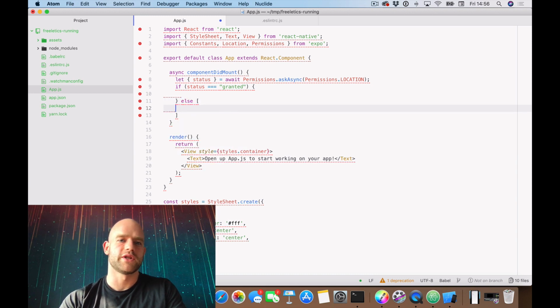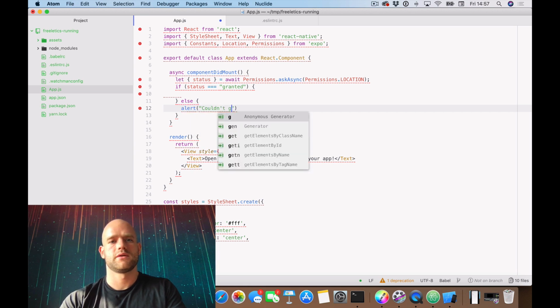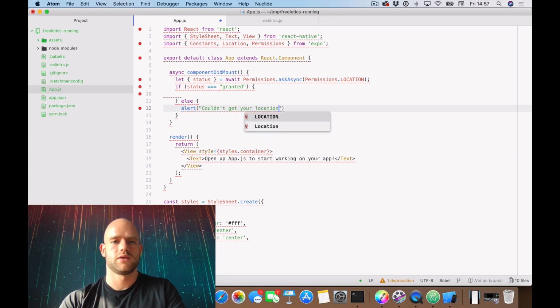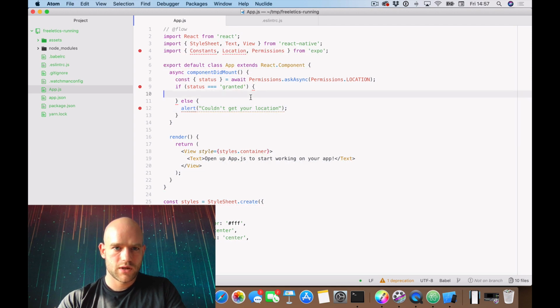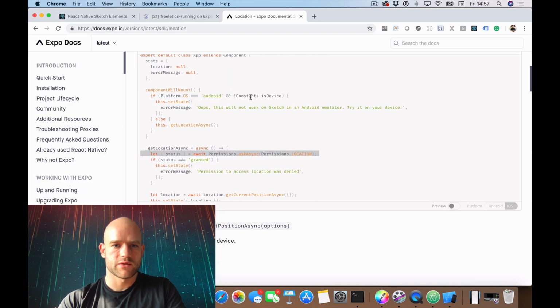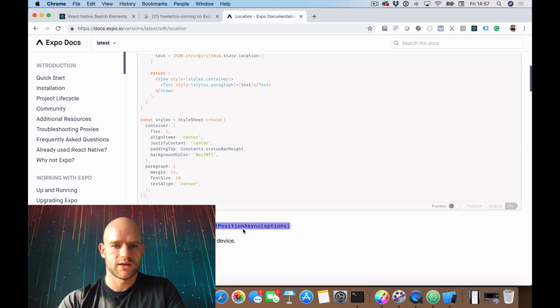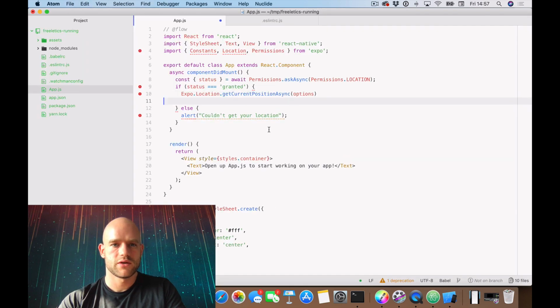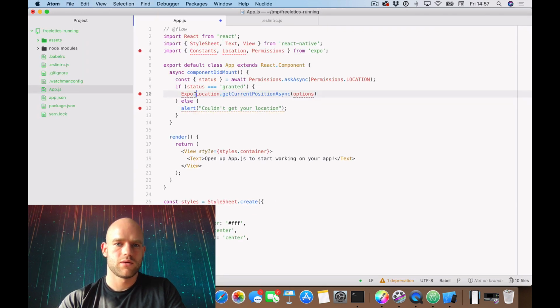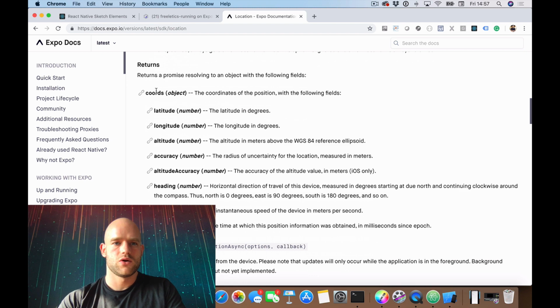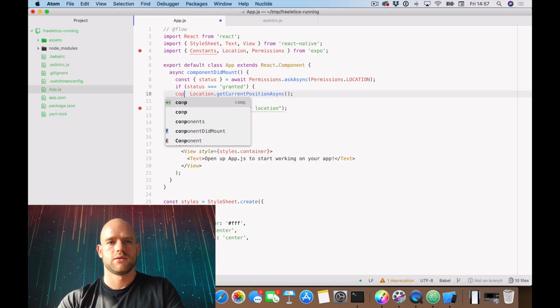If not, we just display an alert to say couldn't get your location. Okay. And so if it works, we can ask for the position using get current position. And it returns an object called coords with latitude and longitude. So you can just